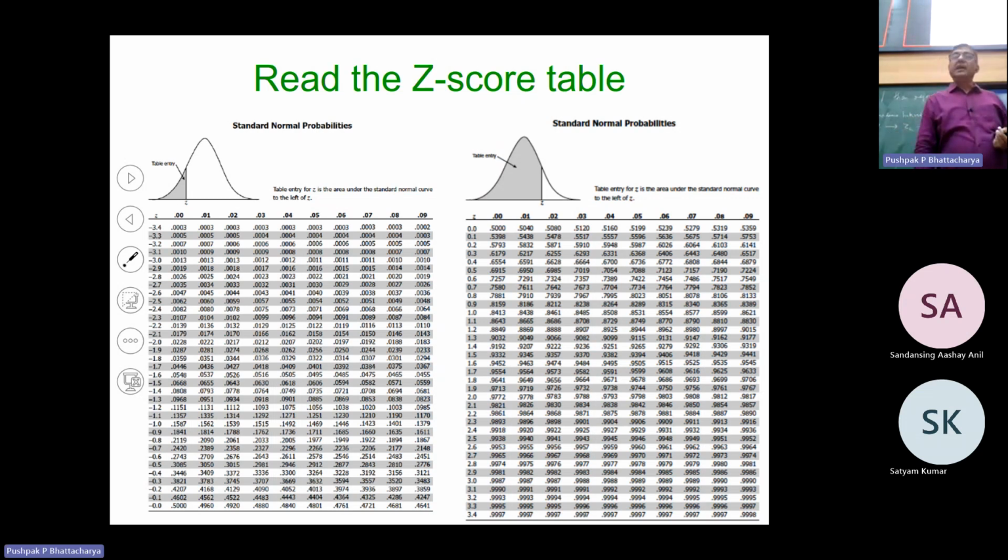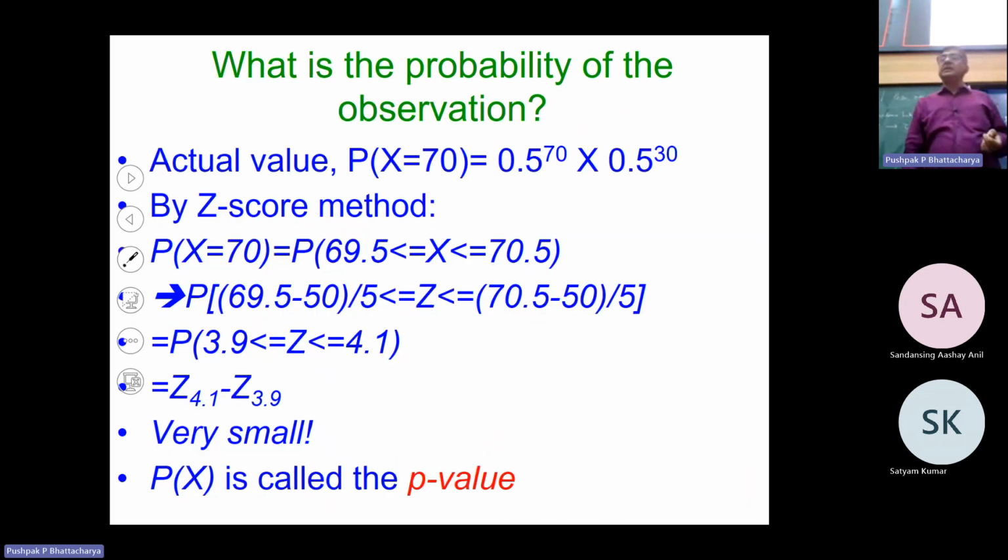Okay, and at 3.4, the value is almost 1, right? And what about 4.1? The value will be still closer to 1. So what do we find? We find that this probability is going to be extremely small. Okay, it is extremely small, and the probability of the observation under the null hypothesis is called the p-value, a very